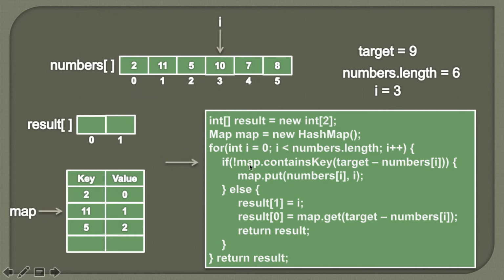and we'll again check whether map contains target minus number at ith position. So target is 9 and number at ith position is 10. So we'll check whether 9 minus 10, which is minus 1, is there in the hash map or not. So currently it's not there. So map.containsKey comes out to be false, and if we do the reverse of it, it comes out to be true. So the if block gets executed, and we'll simply put the number at ith position and the index value in the hash map. So we are storing 10 along with its index value. Moving ahead,